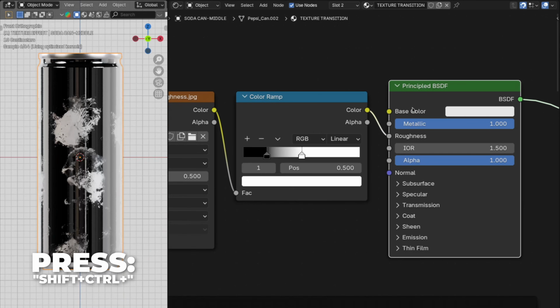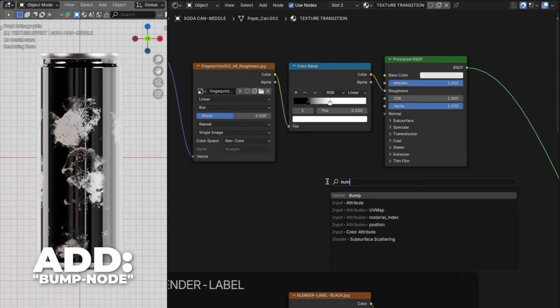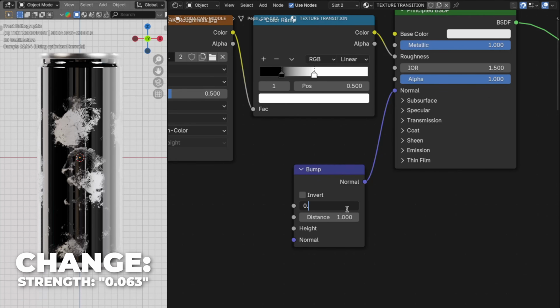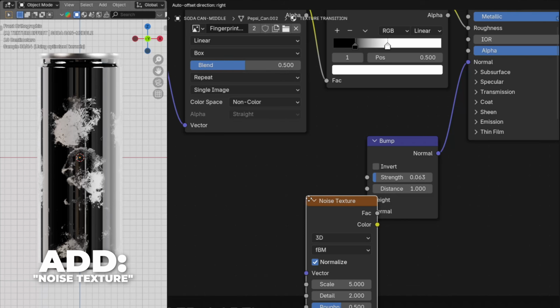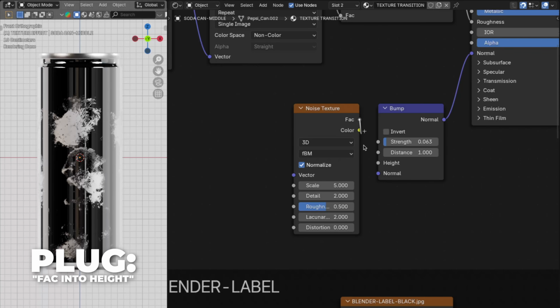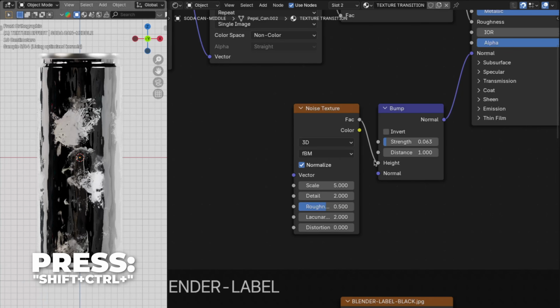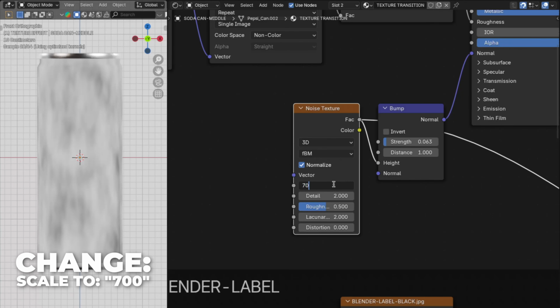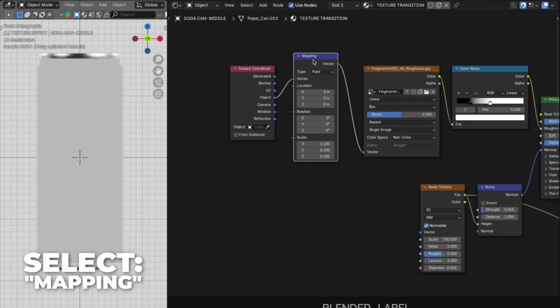Shift+Ctrl+click on the principled BSDF. And then add a bump node and plug the normal into the normal. Then change the strength to 0.063. And then add a noise texture node, and plug the FAC into the height on the bump node, and then press Shift plus Control plus click on the noise texture, then change the scale to 700, and then select the mapping and